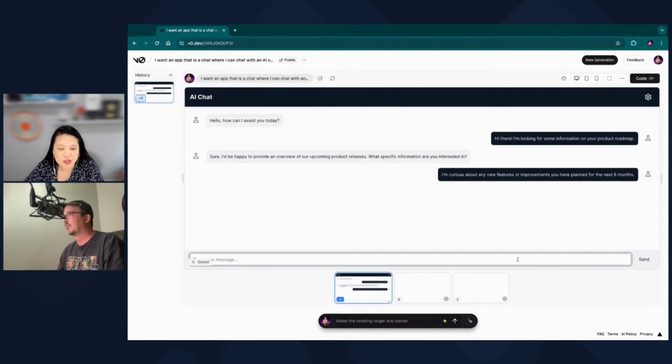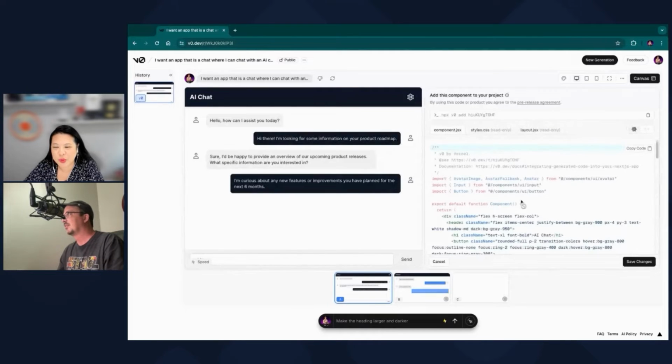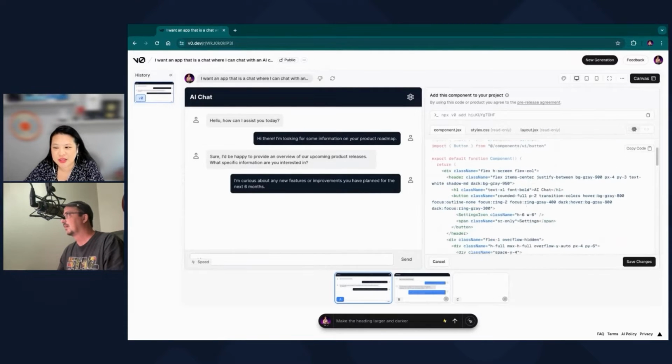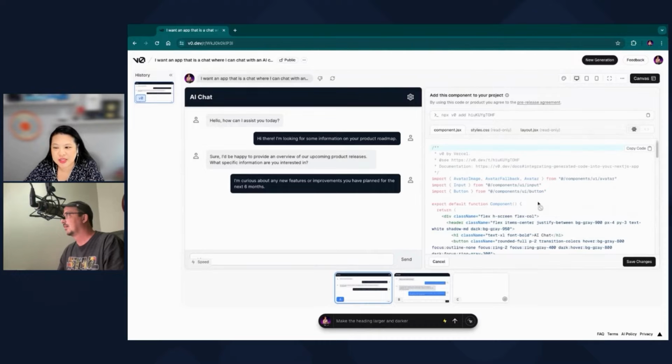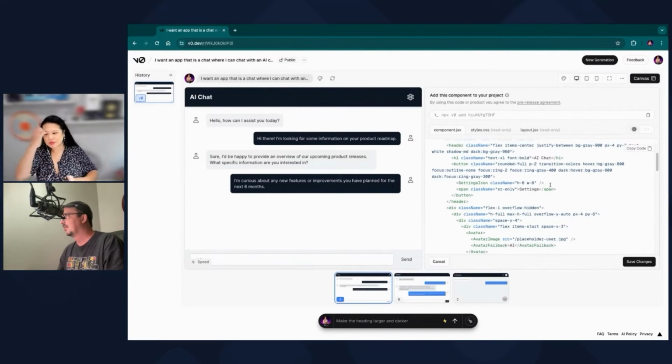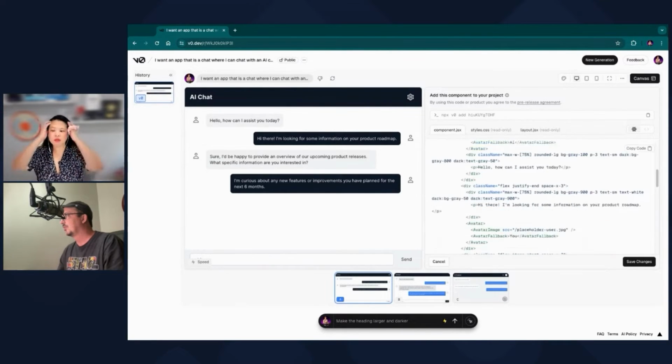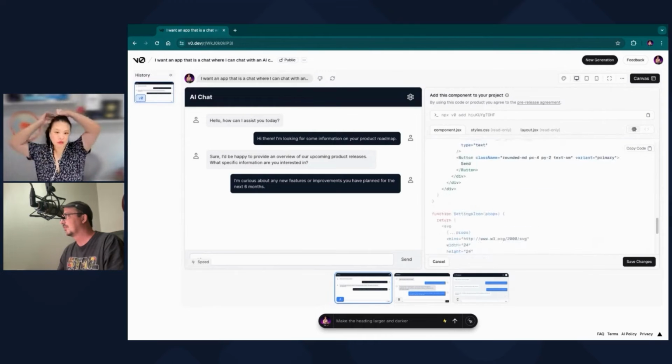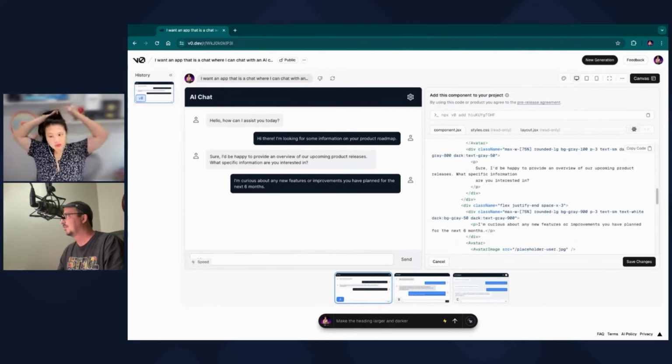Does it give us the code somewhere? See, I can go to the code. All right, and then we just dump it into the internet. What do you think of this code, Ben? All right, so it's using all the cool Tailwind and whatever.